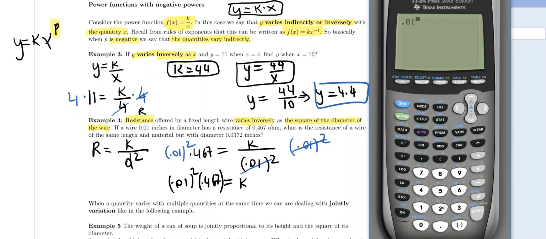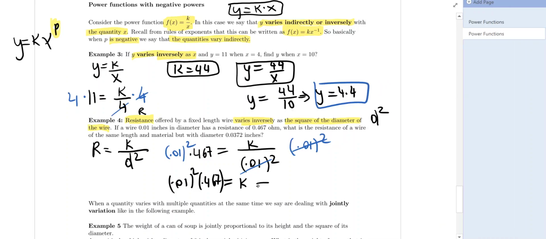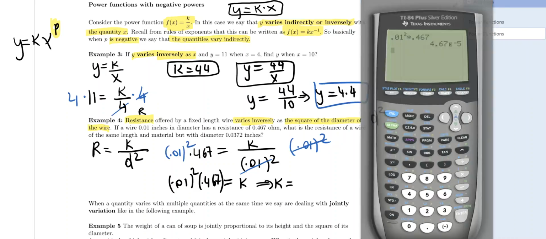0.01 squared times 0.467 equals 4.67. This e to the negative 5 means that this point gets moved to the left 5 places. Okay, so from here, this means that k equals 4.67